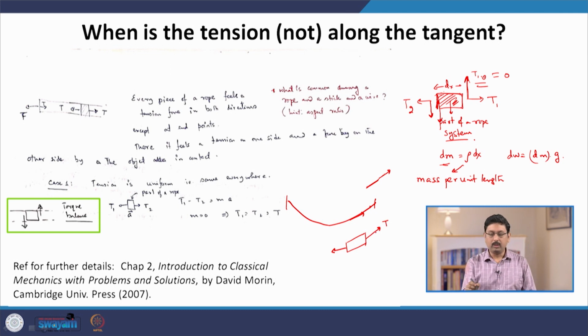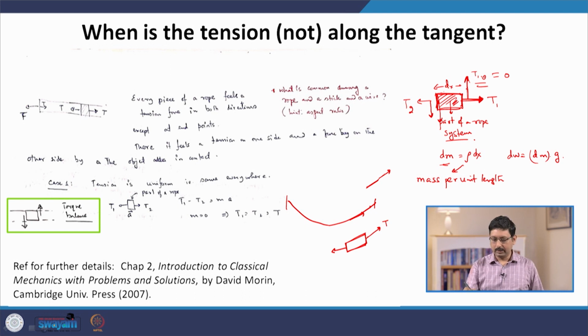From this argument, what we conclude is that when I say the vertical component is 0, I am assuming that the piece of rope is perfectly horizontal. If the piece of rope is not horizontal but a little bit slanted, then the more general way of saying this is that this direction represents a direction along the